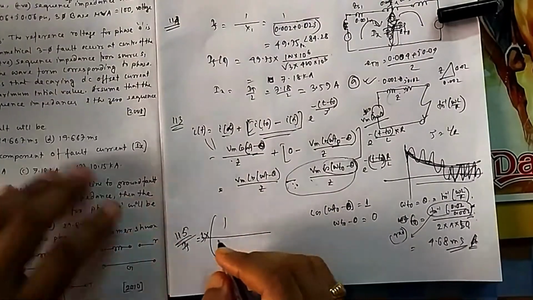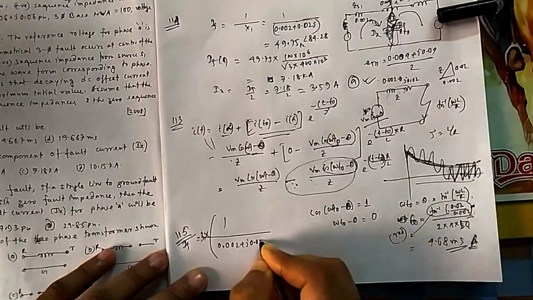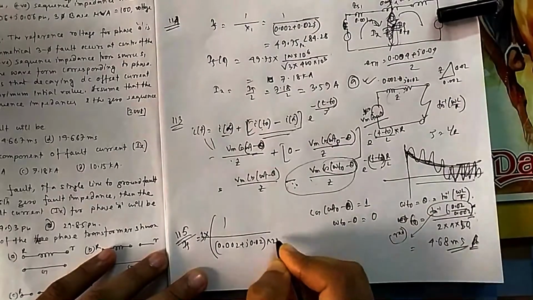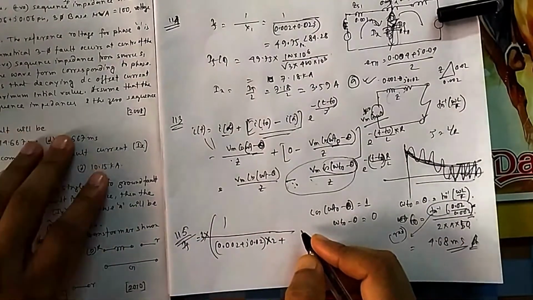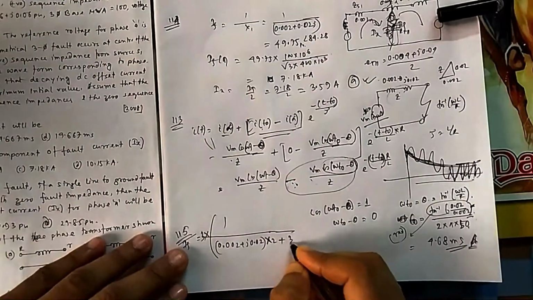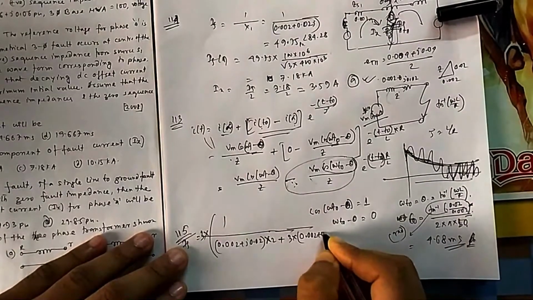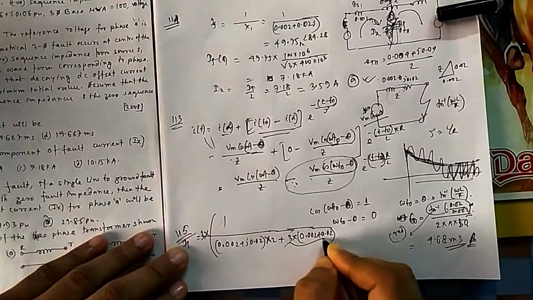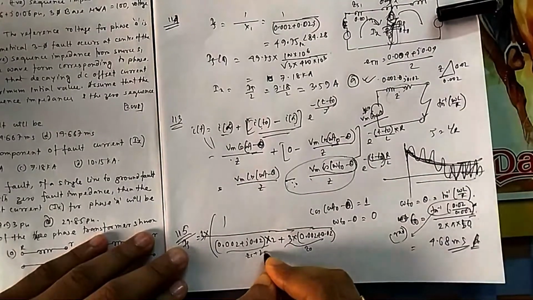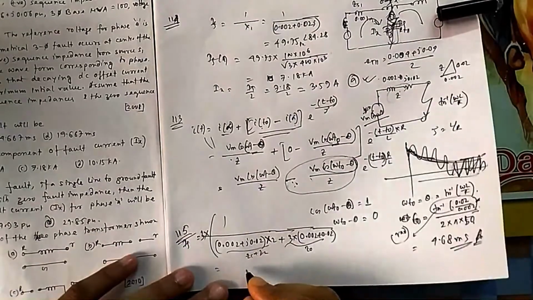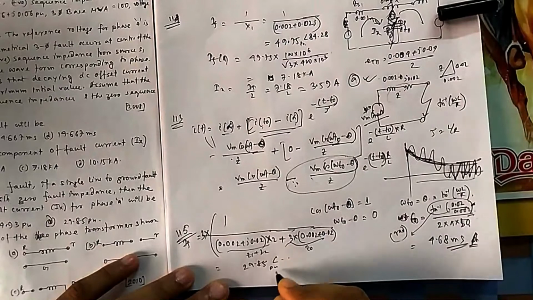So x1 will be equal to x2. What is your x1? This was your x1, which is equal to x2, so double. So this is x1 plus x2 plus Z0. Z0 they have given as 3 times the positive sequence network, so 3 into 0.02002 plus 0.02. So this is actually Z0, don't confuse it with 3Zn, and this is Z1 plus Z2. If you do this one, it will be 29.85 at an angle of something, that is per unit.